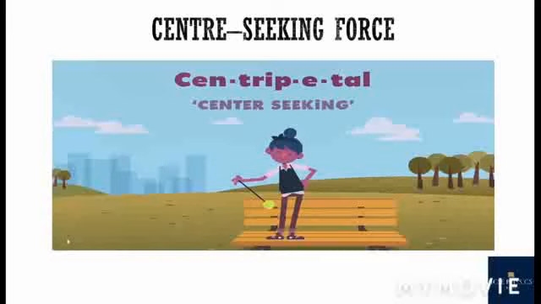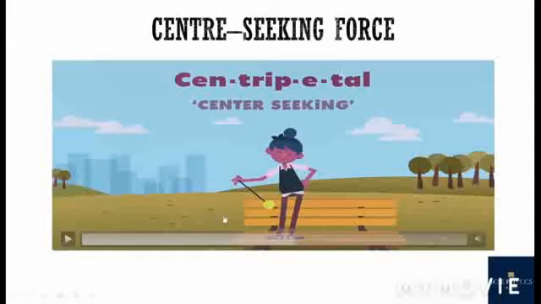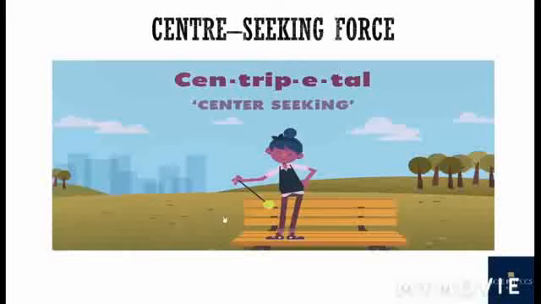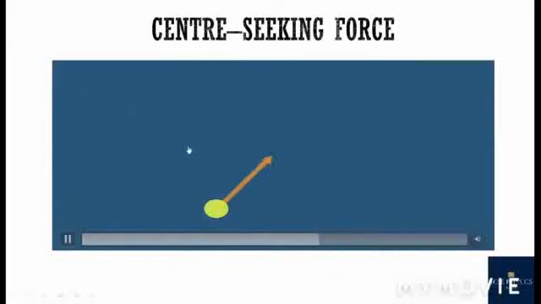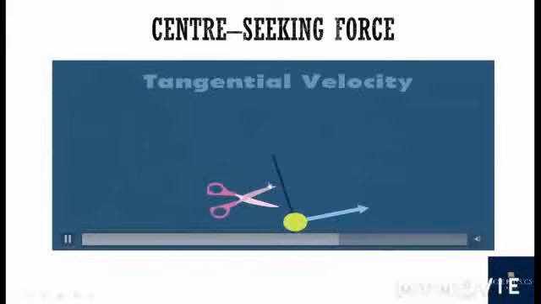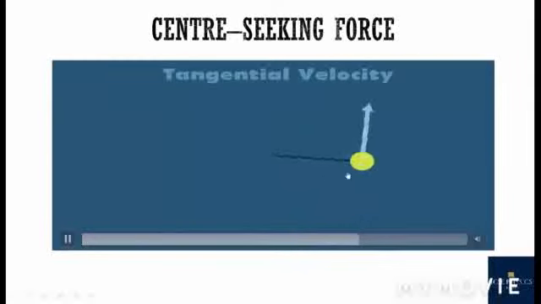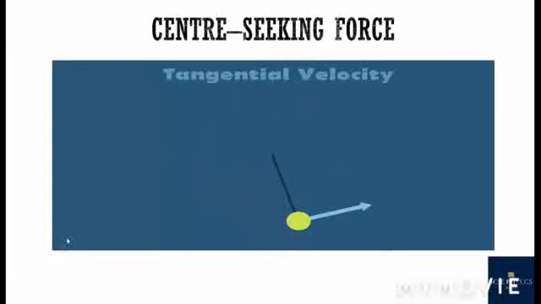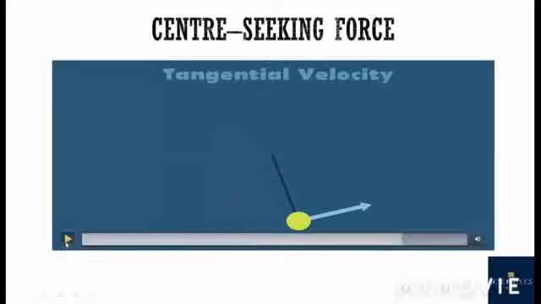If the ball has a tangential velocity, we have already seen that. If you suddenly cut the string, the ball will fly off in whatever the tangential direction was at the moment you cut. Let's see here. The force is always directed toward the center, and if we cut, the ball flies in the tangential direction. At that point, the centripetal force acting on the ball is constantly directing the ball towards the center of the circle, or your hand. This combined with the ball's velocity keeps the ball swinging in the circle.